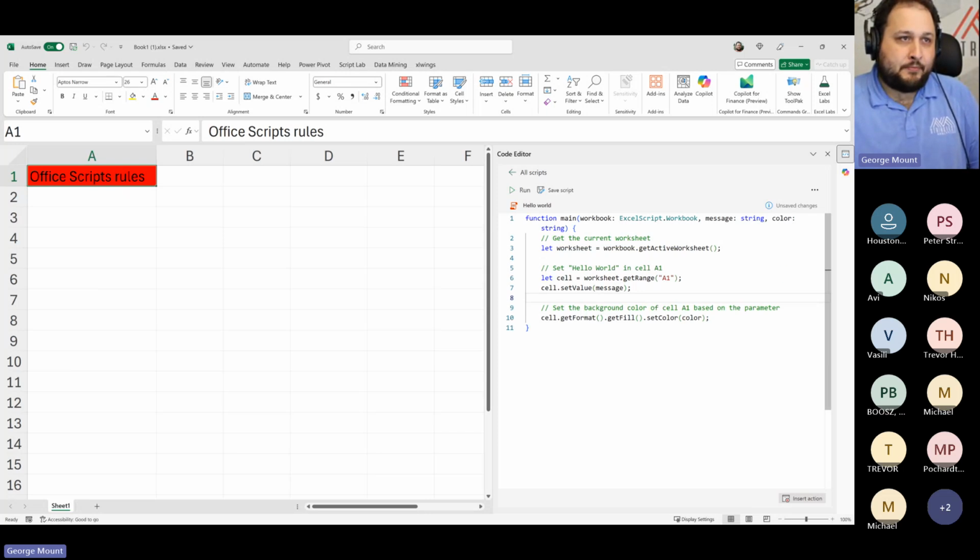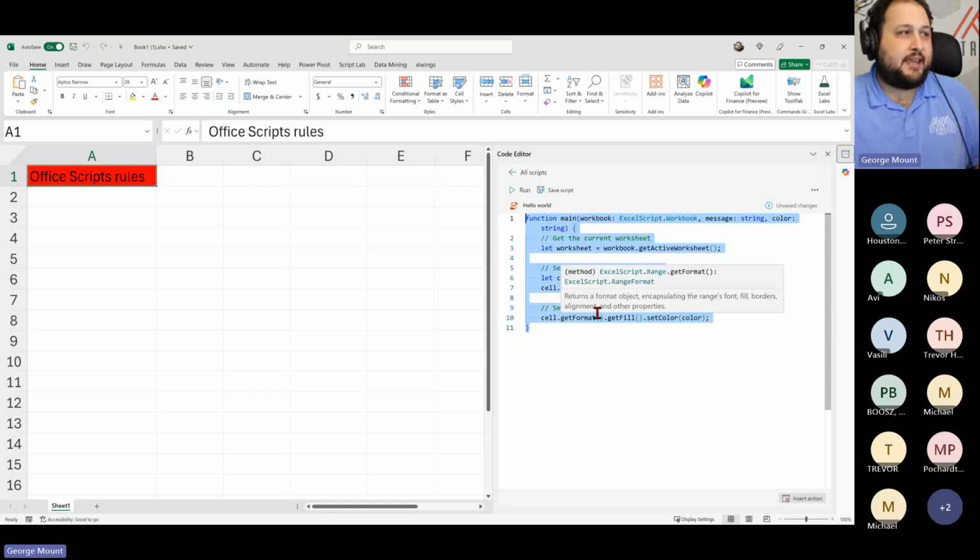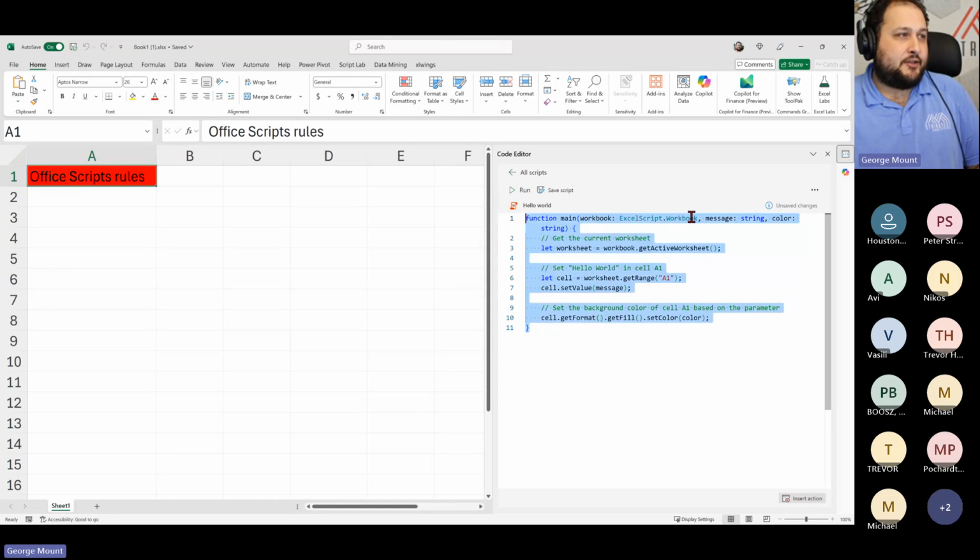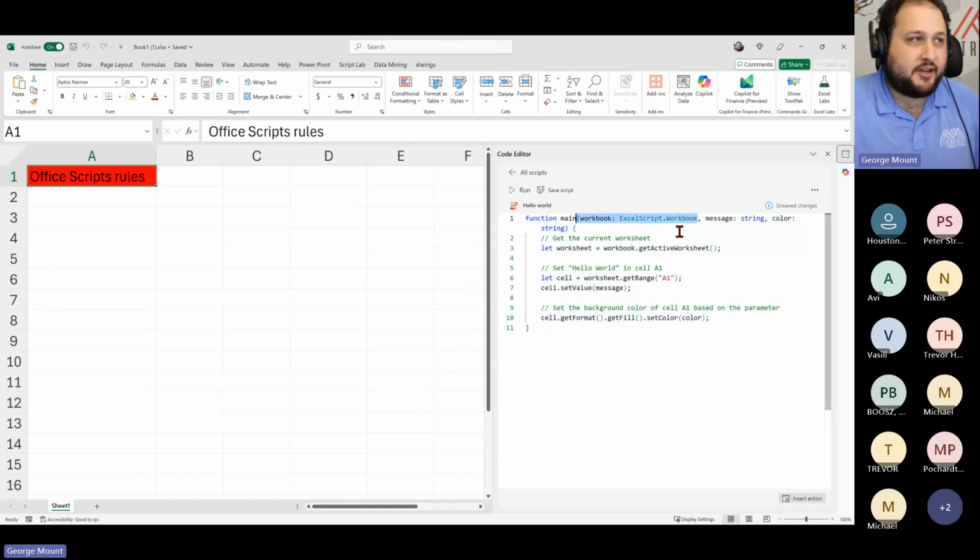And that's how function main works. So you'll see that everything we do is going to be enclosed in one of these function mains. Basically, everything you're going to do is going to apply to your current workbook. Okay, and then from there, if there are other parameters that you want the user to maybe interact with, you want to set. There's some other things that can get a little more sophisticated than this, but again, this is just a sample session. Understand what this tool is all about, and maybe you'll have some specific use cases that you want to explore later.